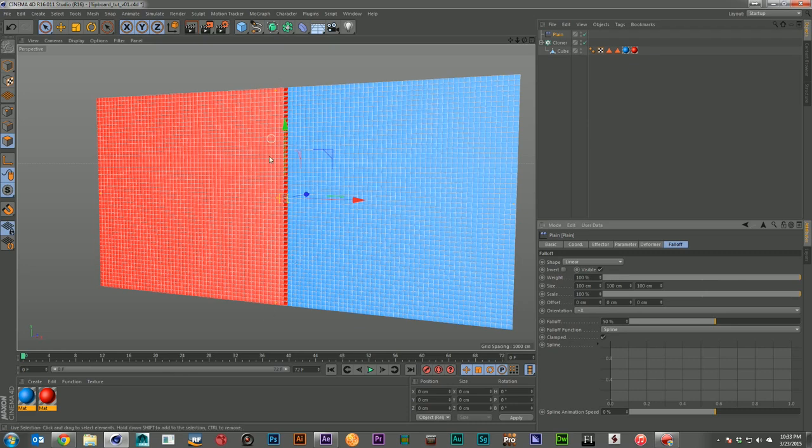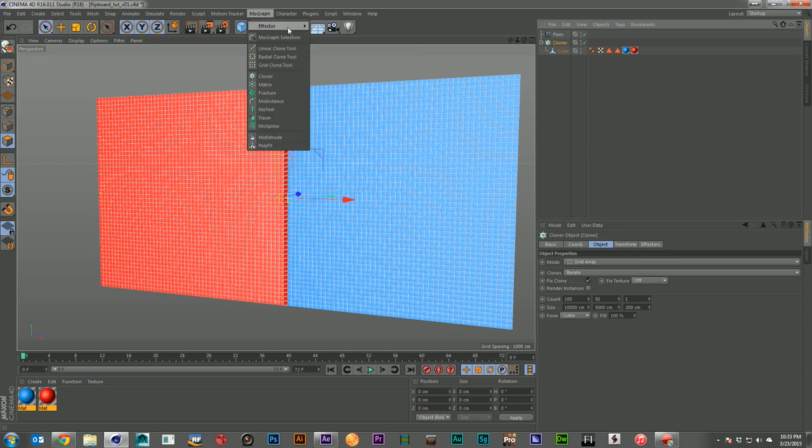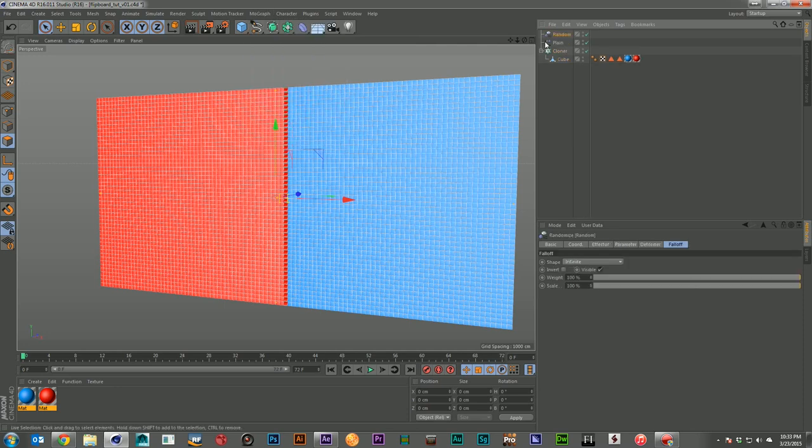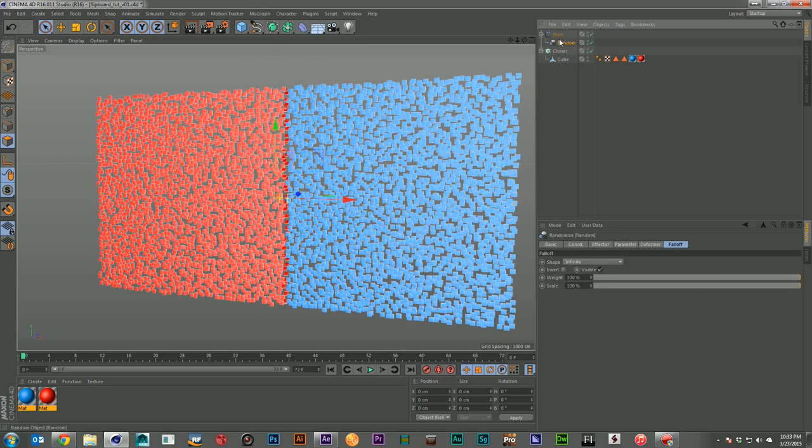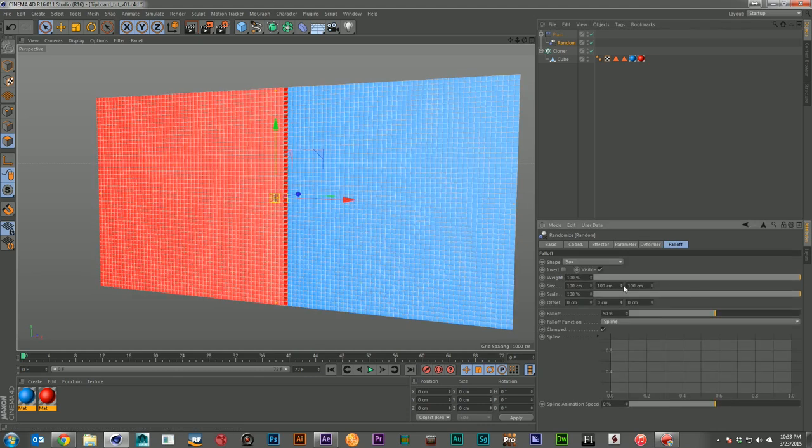So to aid in the swap over, I'm going to go ahead and grab another effector, and it's going to be a random effector. And I'm going to place my random effector underneath the plane, so when the plane is moving, it will drive random. And I'm going to take my random, and instead of being infinite, I'm going to change it over to a box. I'm going to bring up my box size, big enough to cover this whole thing.